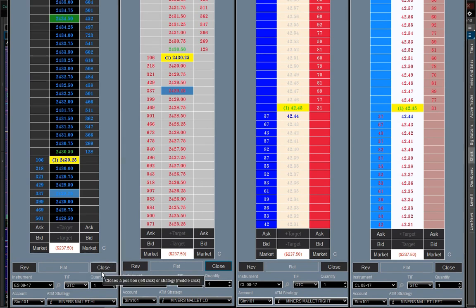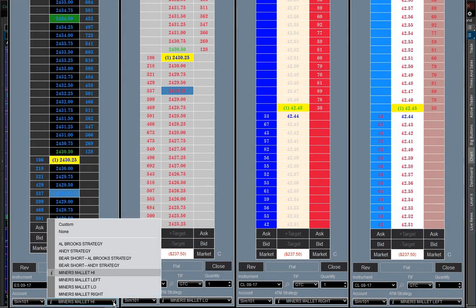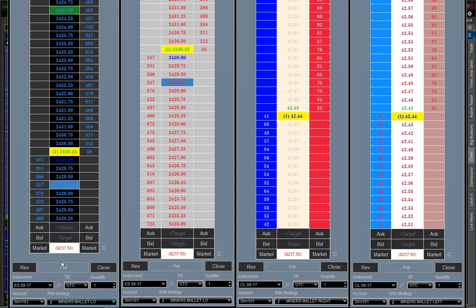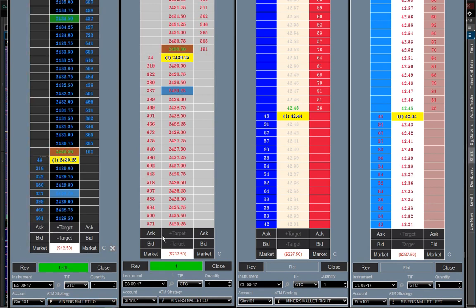Now the thing is, where you're going to have a problem is if you're on the same ATM. ATM means automatic trading. I forget, it's automatic trade something manager, automatic trade management or something like that. Okay, so I've got Miner's Mallet Low here. Let's go to Miner's Mallet Low over here as well. So what's going to happen is when I buy over here, it's long over here as well. So if I sell over here,